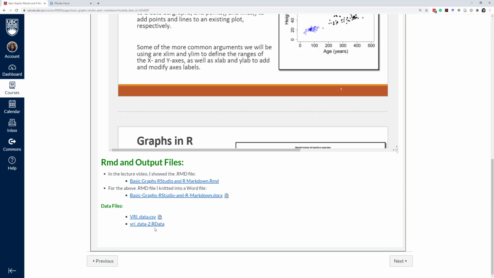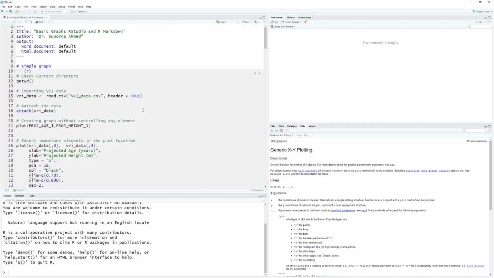This is a kind of data that R actually can read. We don't need to write any code for that. So you can download these, and at first we will try to use this R data. To use this R data, let's open this R Markdown file in RStudio, in R Markdown. All we need to do is go to our folder,